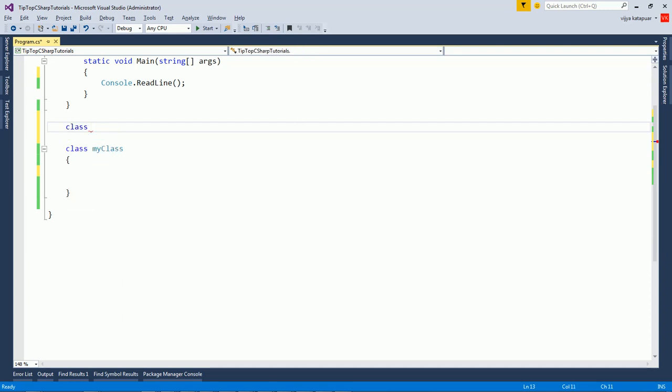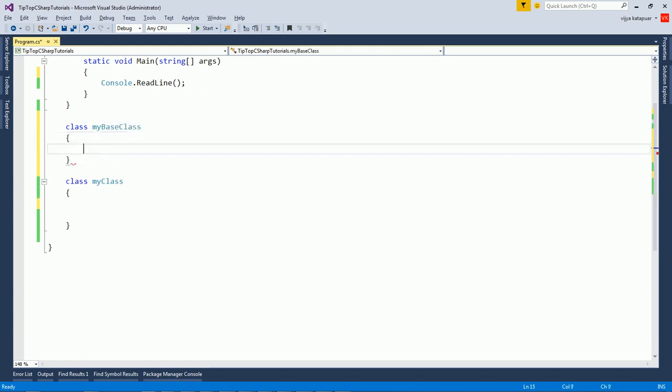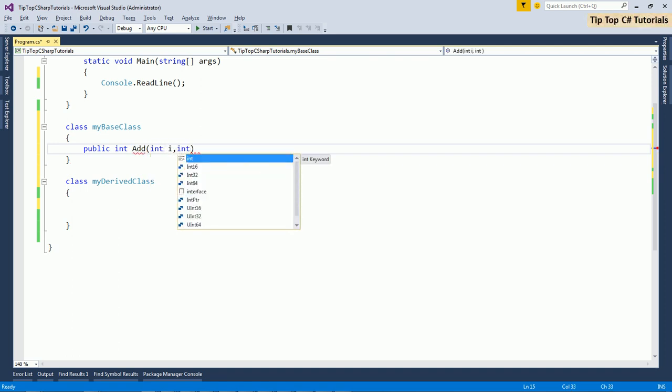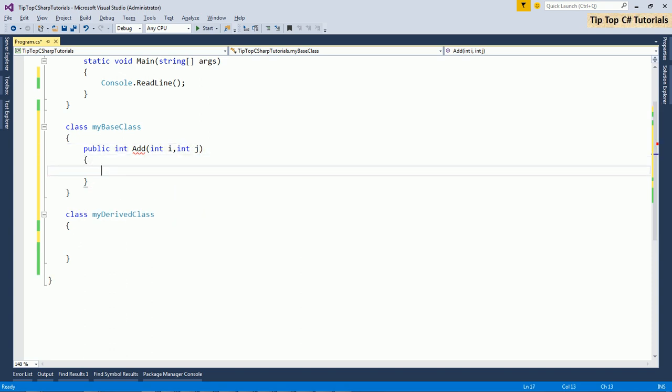So I will create base class first, that is my base class, and I'll rename this to derived class. I will try to define a method where I want to return int and I want to add two numbers, int i and int j, to return i plus j.